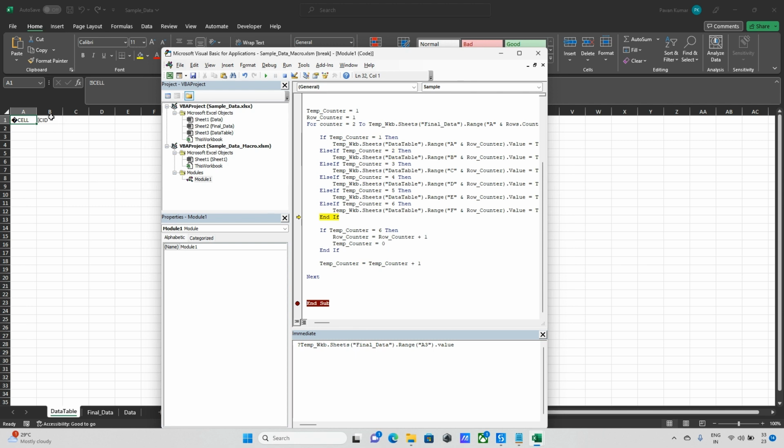Then updated the data at column B. So I need to update column B. So now it keeps on moving. Now my temp counter is 3, so update the data in LAC, C value. Temp counter is 4, updated the BSC in there. Temp counter is 5, so update the data as EA. Temp counter is 6. Okay, update the value as